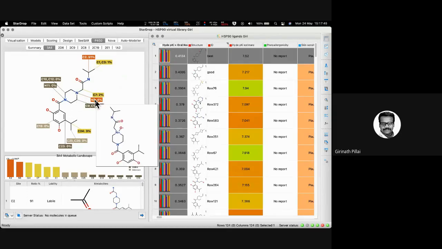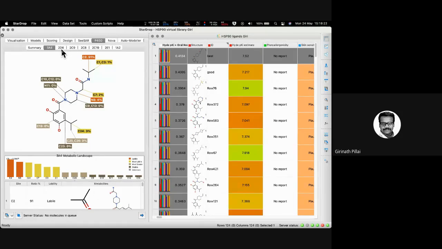Similarly, this nitrogen is also breaking down. To me, if you ask me, this nitrogen should also break down. That is also unstable. But again, it's a prediction, right? How can we expect 100% accuracy there? If I were a person saying this is the best software in this world, I wouldn't have told you this, right? So we have to put in our expertise also, but software will be able to give you a lot of information to make decisions. So don't completely believe in software. Let it be any software. Let it be a 100 billion word software also. You have to put your expertise into it so that it will make wonders.